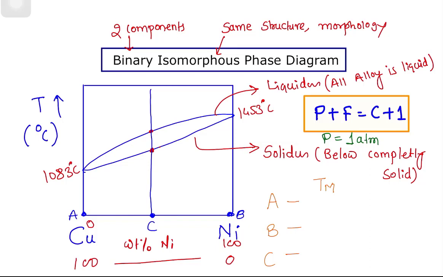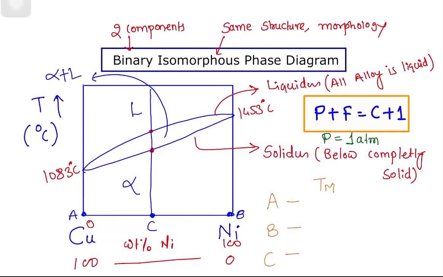As soon as we heat that alloy, up to a particular point, that alloy will be in a solid phase. That solid phase we can call the alpha phase. After a certain point the melting will start and there is a mixture of solid and liquid. So this is the region shown here. Here we have a liquid plus solid mixture, and after a particular point all the phase will be in a liquid state, that we denote by L.